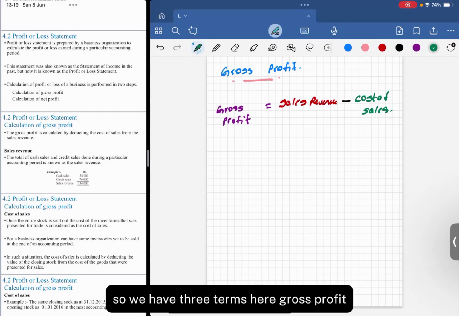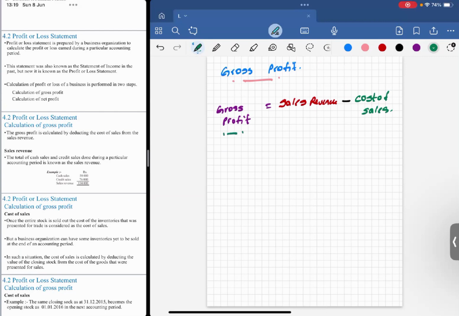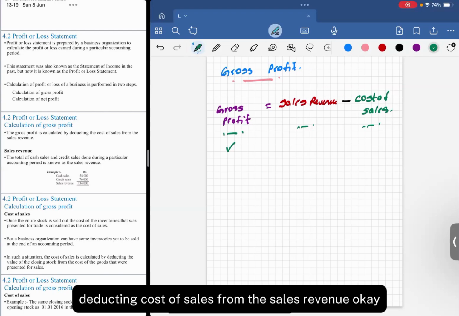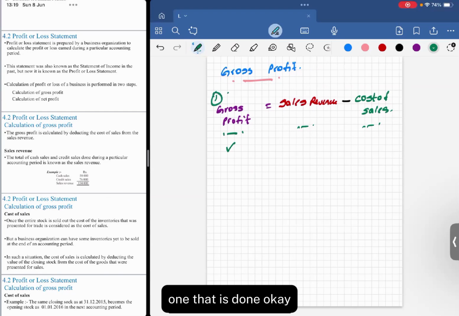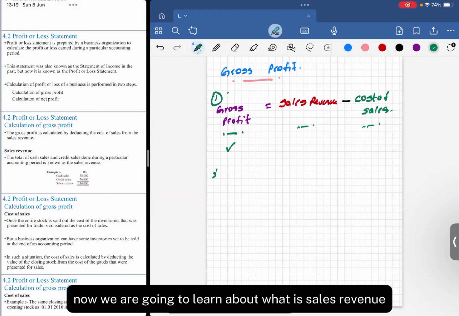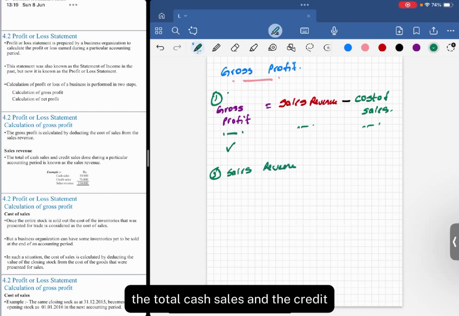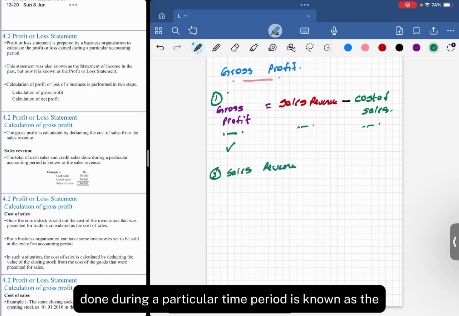So we have three terms here: gross profit, sales revenue, and cost of sales. So now we know the gross profit. Gross profit is derived by deducting cost of sales from the sales revenue. Okay, one, that is done. Now we are going to learn about what is sales revenue. The total cash sales and the credit sales done during a particular time period is known as the sales